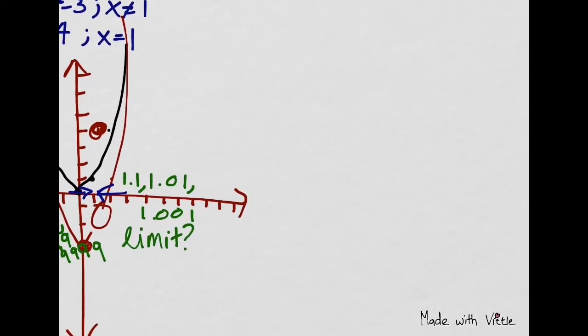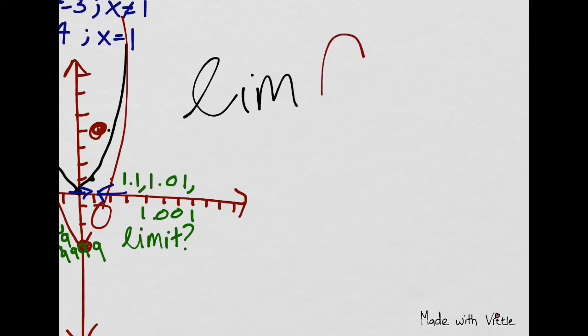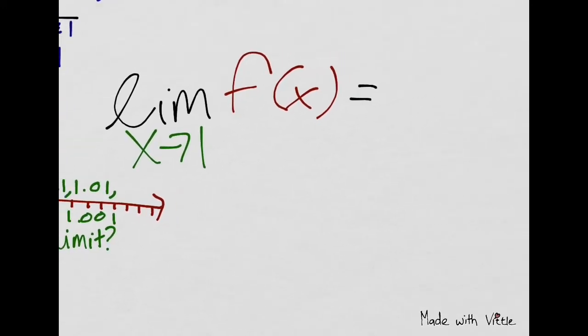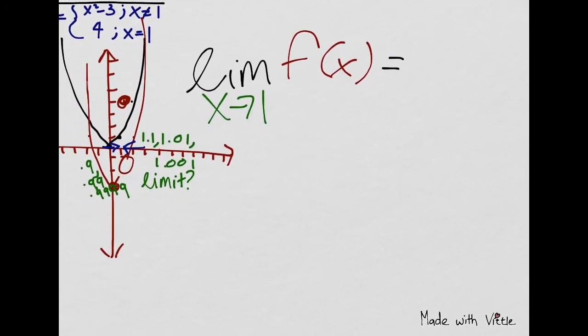So what is the limit? Again, the big question, what is the limit? Well, now we are going to figure that out. The limit of f of x, it's actually h of x, I believe I wrote. Oh well, I can't rewrite it now. Okay, so we've got the limit of technically h of x as x approaches 1